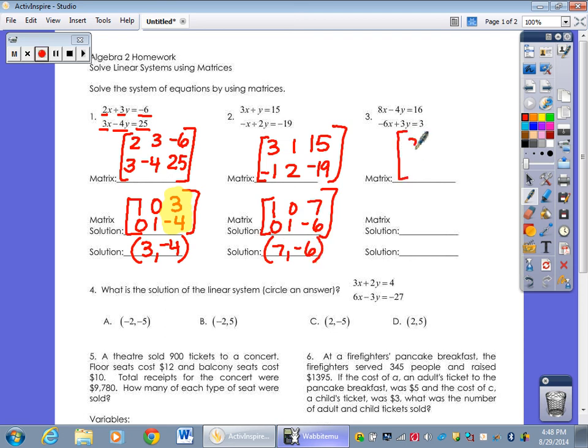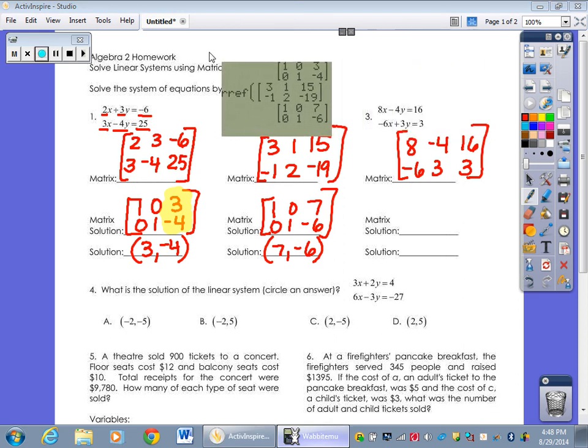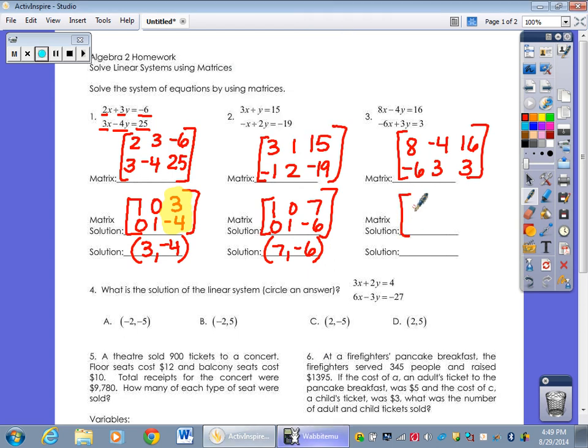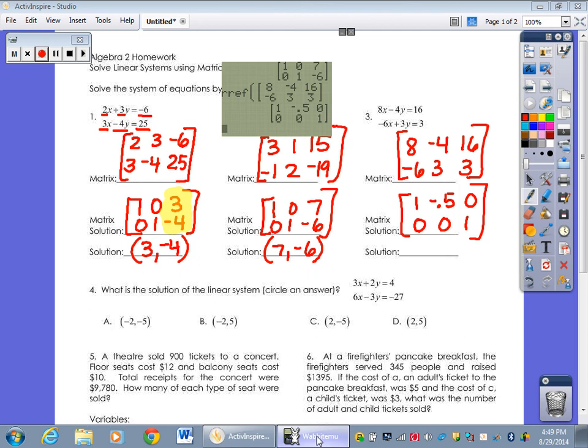The last one, matrix is 8, -4, 16, -6, 3, 3 is how we should have made it. Using the calculator, second, x to the -1, alpha zoom, this is going to be a special case. We've got 1, -0.50, 0,